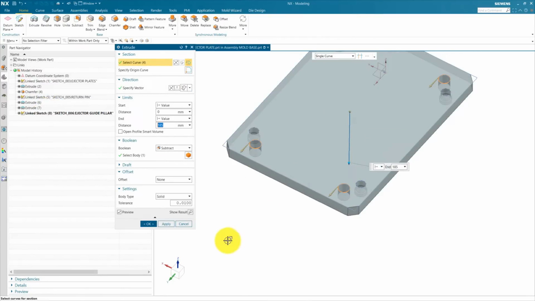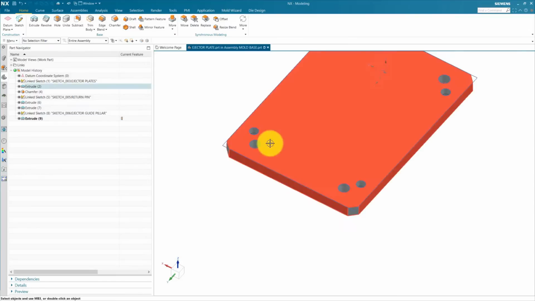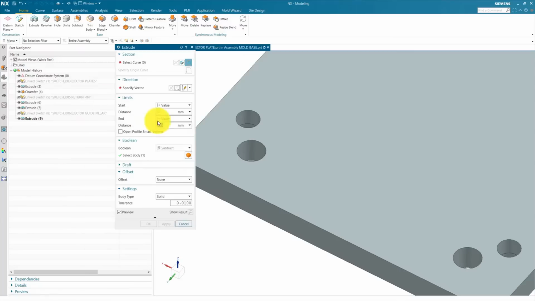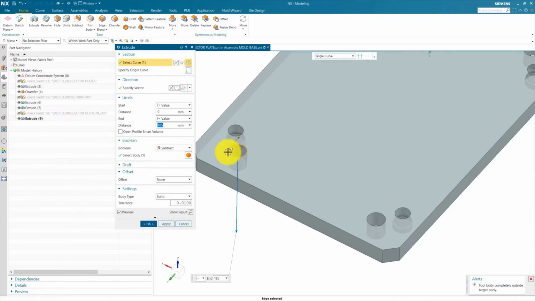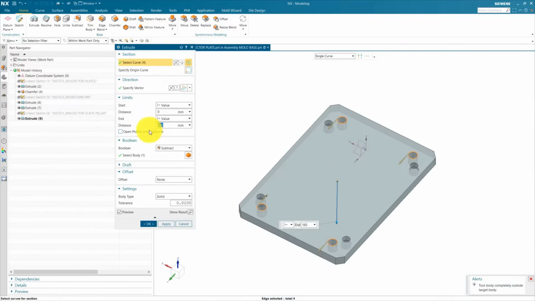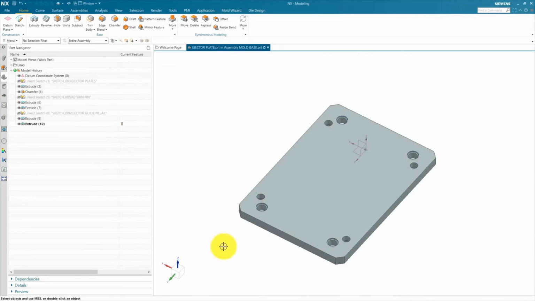We are going to reverse this direction, use through or subtract. After that we add a collar for our ejector guide bush. For this we are going to hide this sketches, use extrude, select this edge. We are going to use the depth for this 5 mm, offset single side 3 mm is okay. Use subtract and press okay.